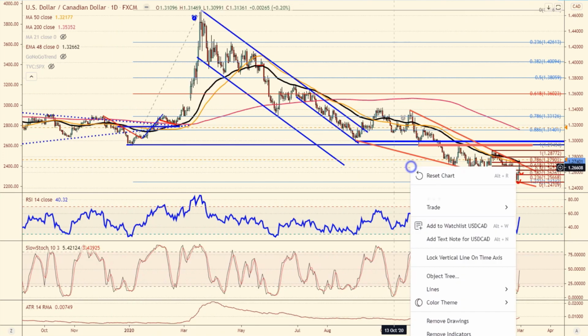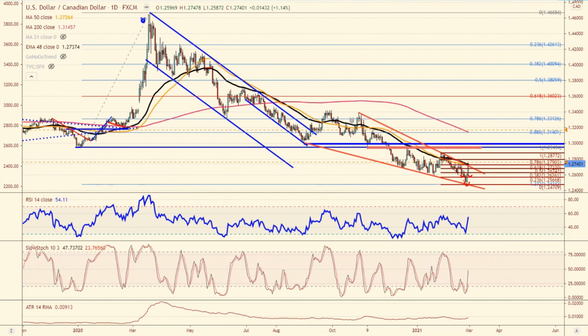So I look at the dollar Canadian. Keep in mind that we do have jobs reports on Friday of this next week, which I'll talk about in the week ahead. But Canadian job reports are not this Friday. So just a little heads up. Anyway, it'll be next Friday, the 12th. So anyway, descending wedge, breakout reversal, and this, if you guys have ever taken a look at a Wyckoff